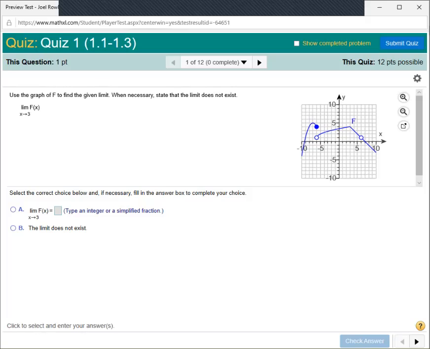So problem number 1, we have a graph to analyze, and it says use the graph of f to find the given limit. When necessary, state that the limit does not exist. And they're asking us to evaluate the limit of f of x as x approaches 3. And if we look at the graph, as x approaches 3,